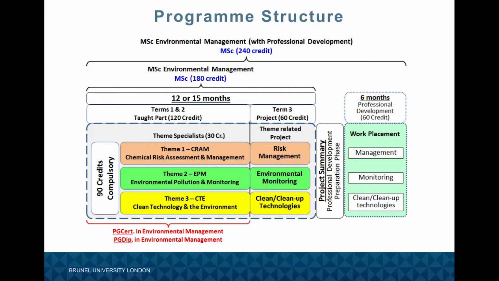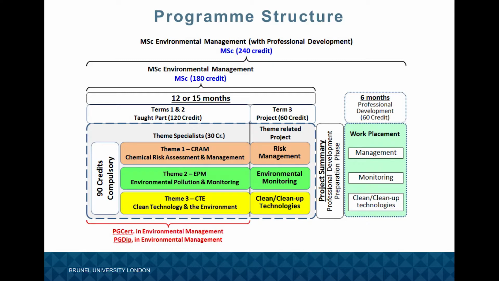Let's have a look at the structure of the standard MSc program, which is 180 credits. As I mentioned, the duration of the program is either 12 months or 15 months, and it's divided into the taught part, which is 120 credits, and 60 credits related to the dissertation. The program consists of 90 credits compulsory, and then you need to select the additional 30 credits from one of